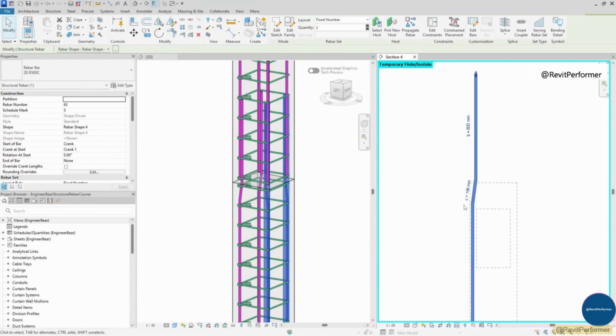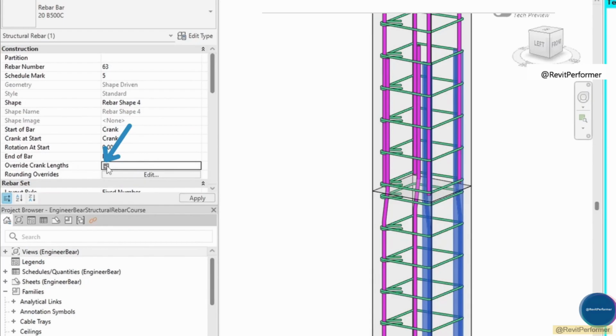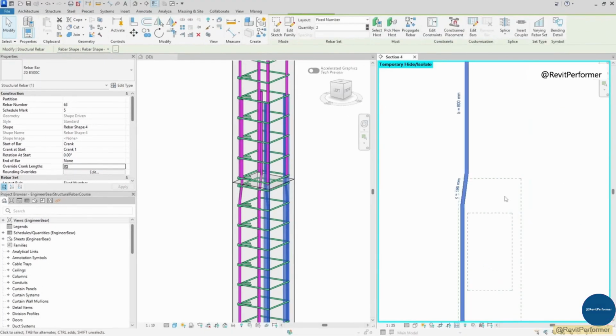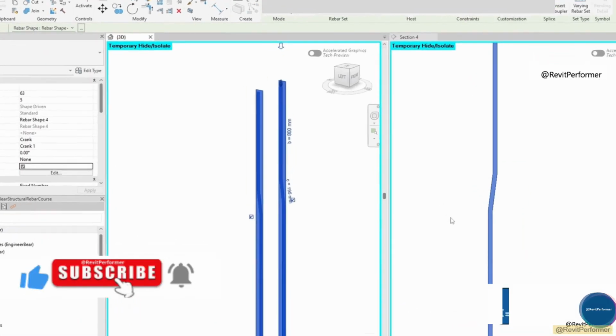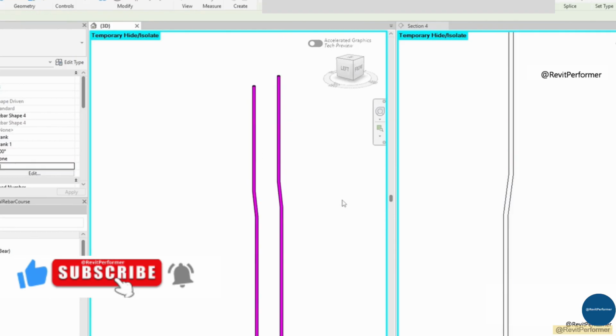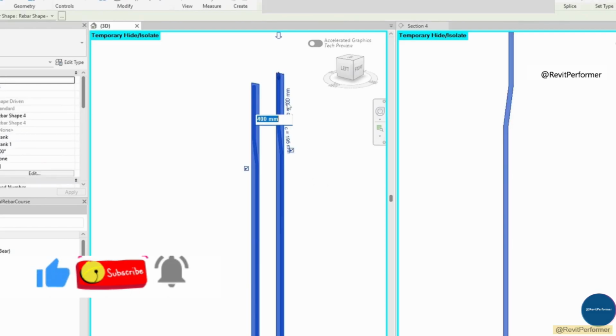Sometimes you may want to customize the crank for just one specific rebar set instead of changing the entire family. To do this, enable the Override Crank Length option in the Properties panel. Once it's turned on, the numerical values next to the selected rebar set, which represent the crank parameters that define its appearance, become editable. This allows you to fine-tune the crank length and shape locally without affecting other rebar sets